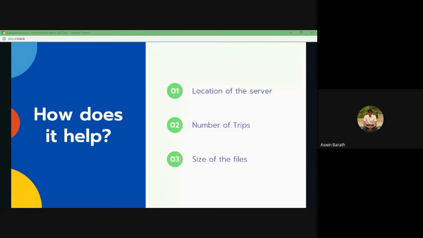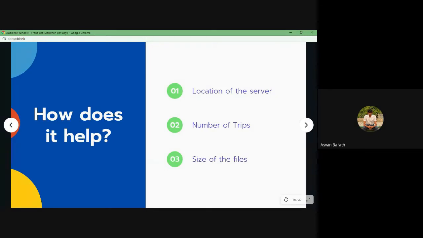The server is in the US and the user is in India. So what will happen? There will be a latency, right? So the website will be loading for a long time, right? So the location of the server is a vital part in optimizing a website. Okay, that's our first point.